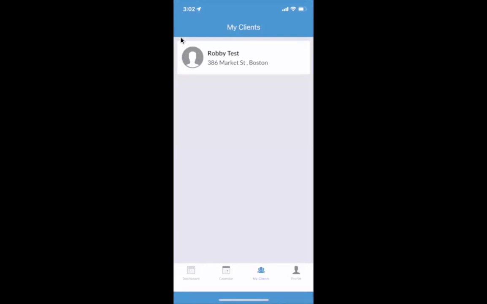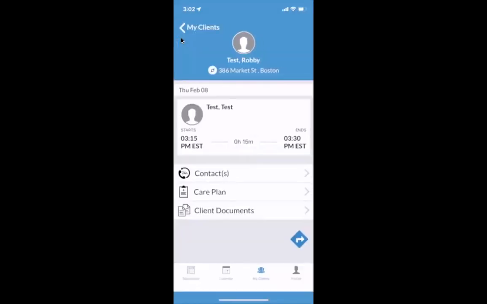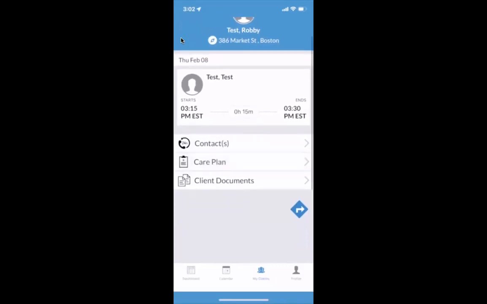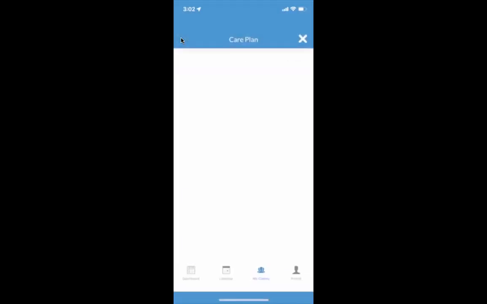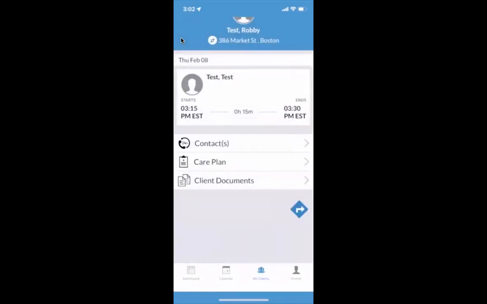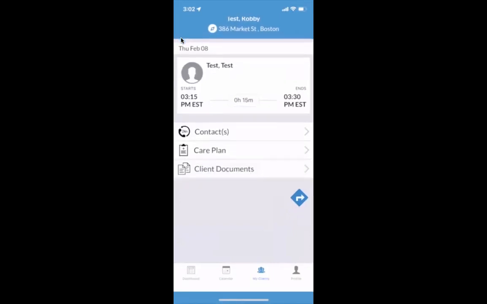But in My Clients, you'll be able to click on the name, and then it'll show their contact details as well as any upcoming shifts, their care plans, and their documents. So care plans, here's where you would find all the care details, what needs to be done for a day, X, Y, and Z. Usually there wouldn't be anything in client documents, but if there is,